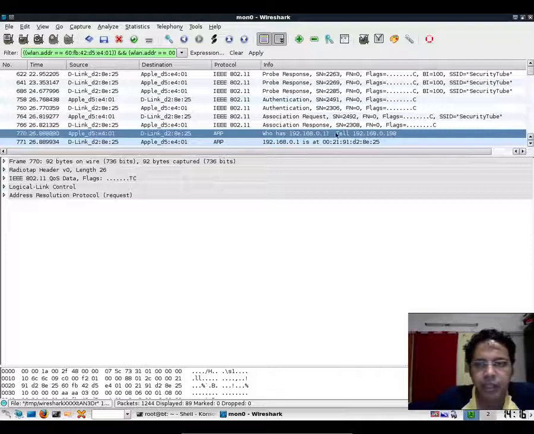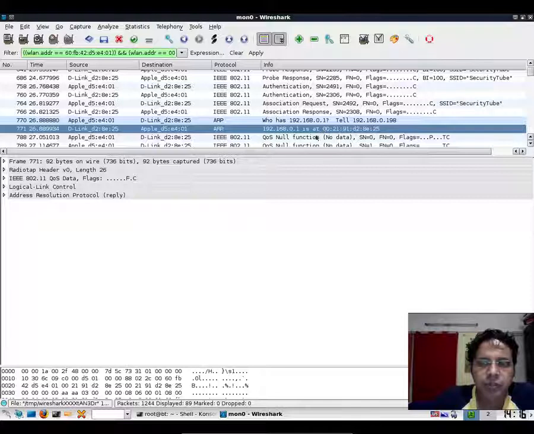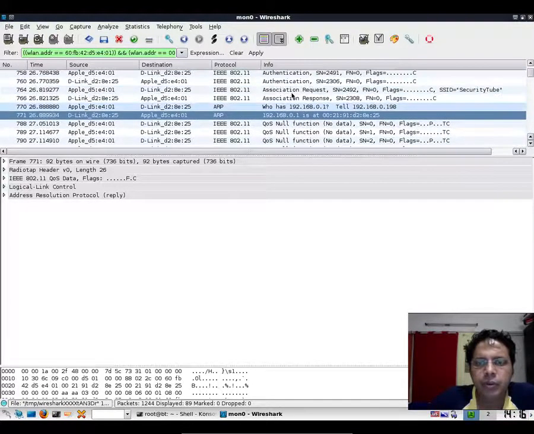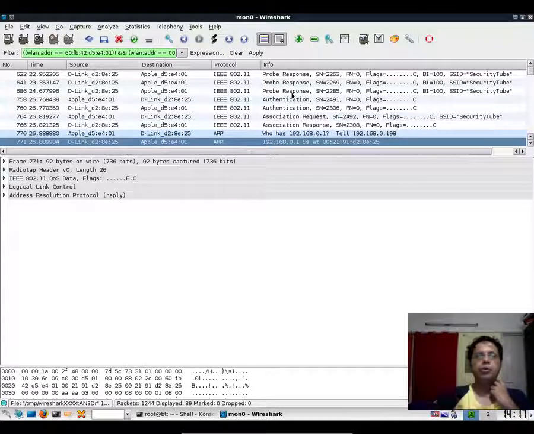The packet we are looking at is an ARP request packet for 192.168.0.1, and as we can clearly notice, this is an ARP request packet to which the gateway responds with the MAC address, and after that we have a lot more other packets. Anyway, let's not worry about what comes next, we'll talk about that later.